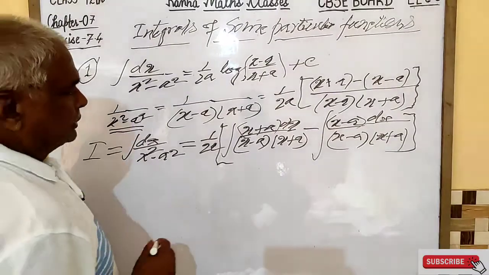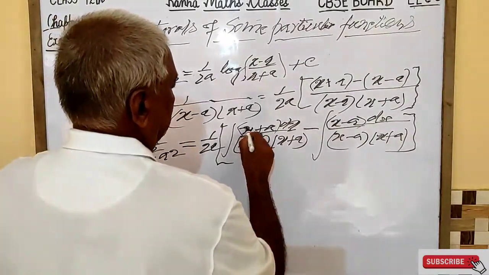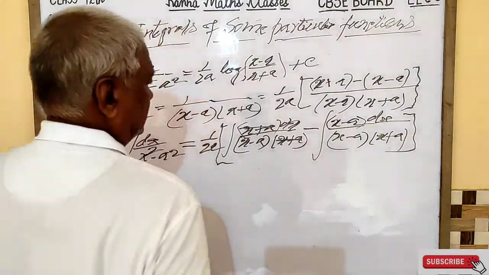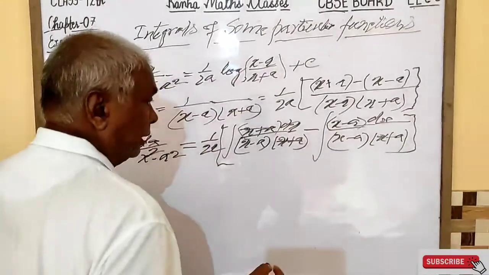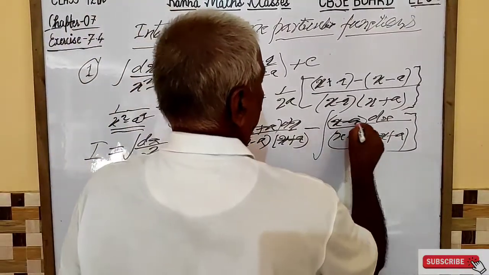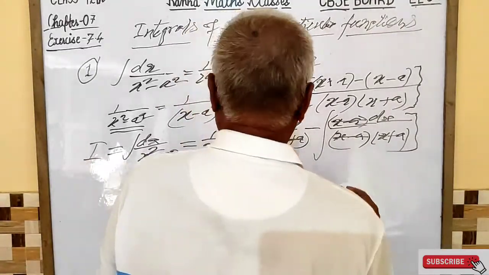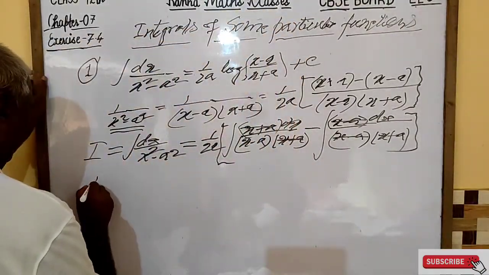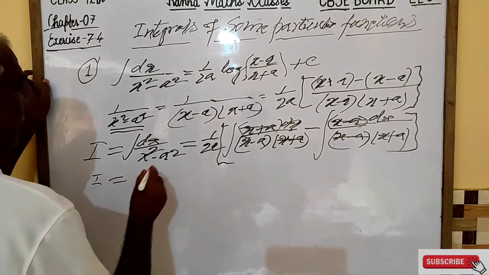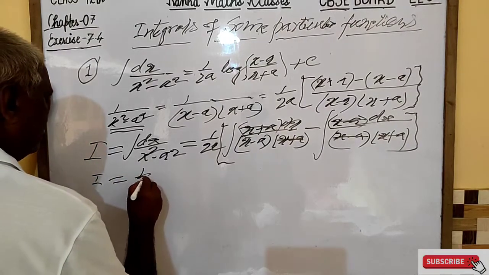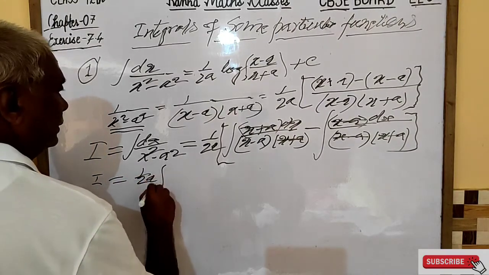Here you clearly see x plus a will be cut by x plus a in the denominator. In the same way, x minus a will be cut by x minus a in the denominator, and here we will have